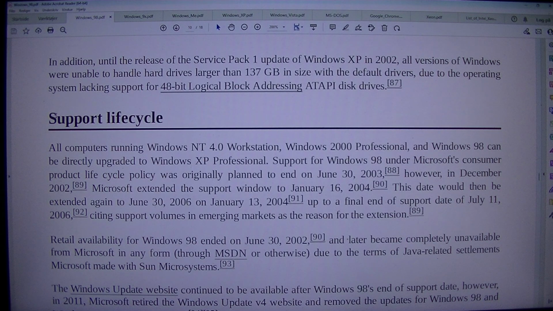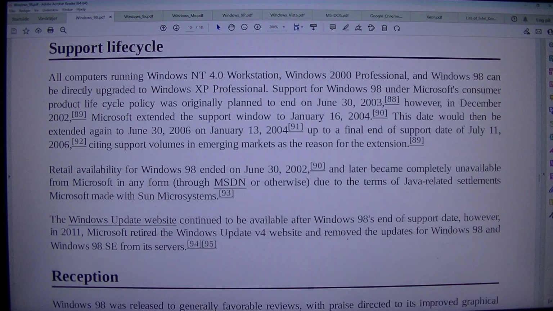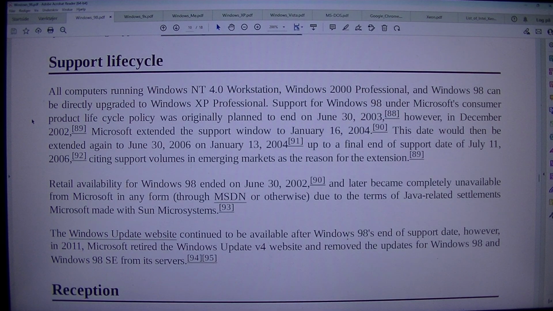Support life cycle. All computers running Windows NT 4.0 Workstation, Windows 2000 Professional, and Windows 98 can be directly upgraded to Windows XP Professional. Support for Windows 98 under Microsoft's Consumer Product Life Cycle policy was originally planned to end on the 30th of June, 2003.